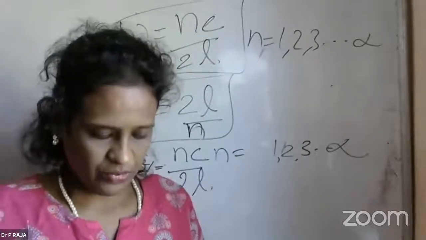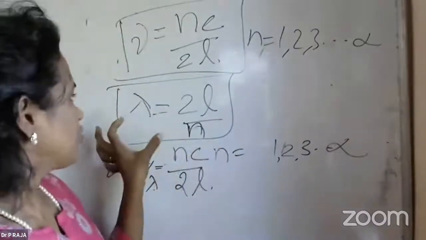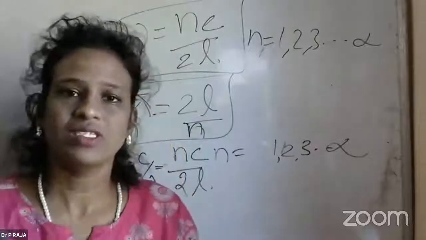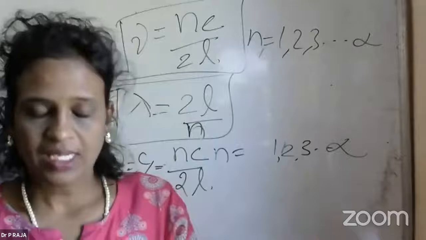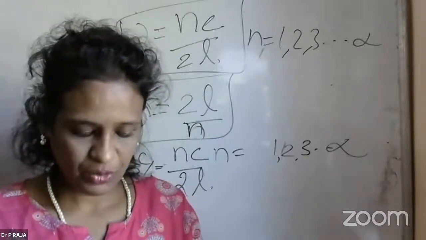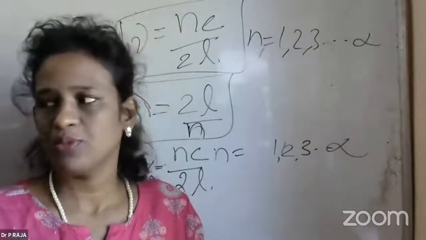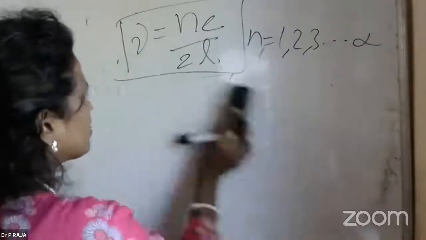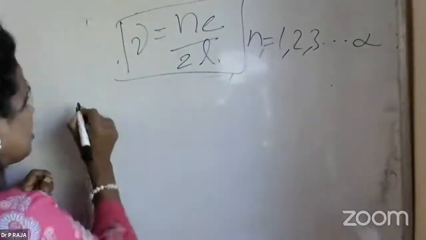Now every allowed frequency, in terms of frequency I'm talking here, we are going to deal majorly with the frequency part over here, not the wavelength. These are the frequencies with which the waves are traveling, and every frequency is called a mode of vibration. We will deal with it with respect to the frequency in the case of Planck's, and every allowed